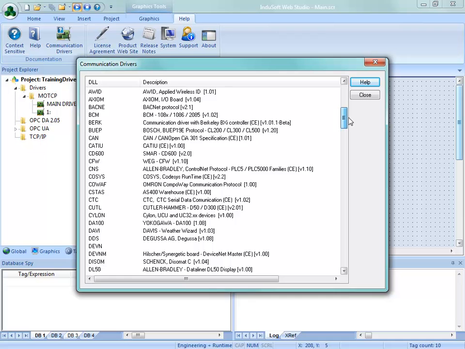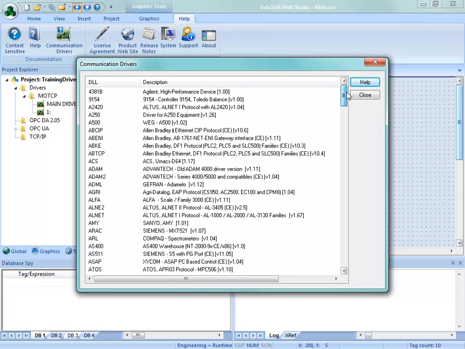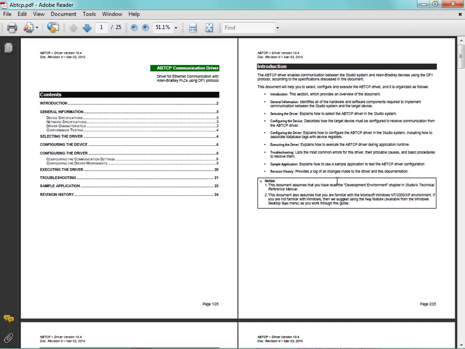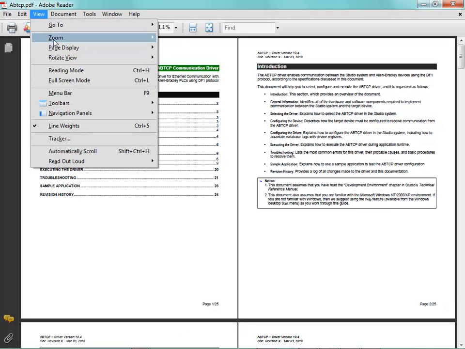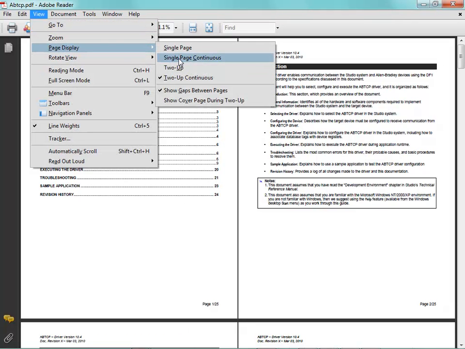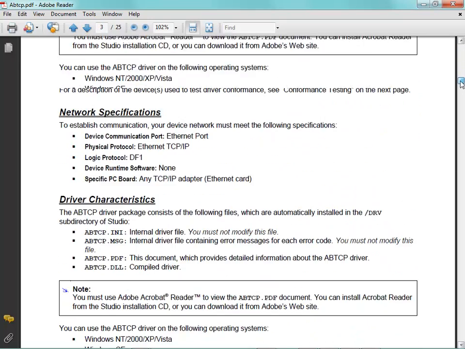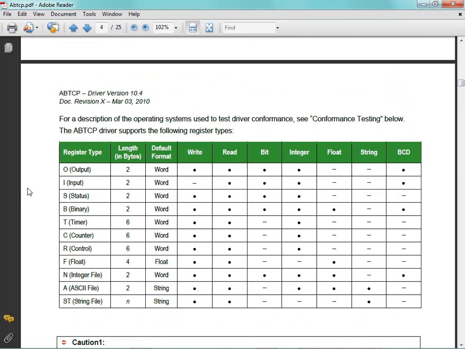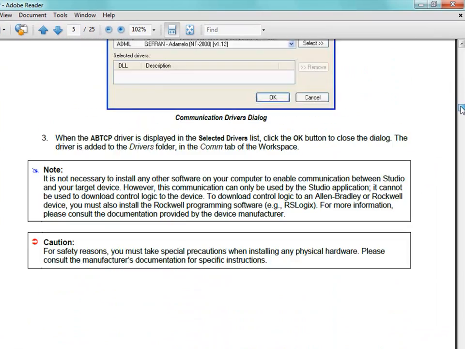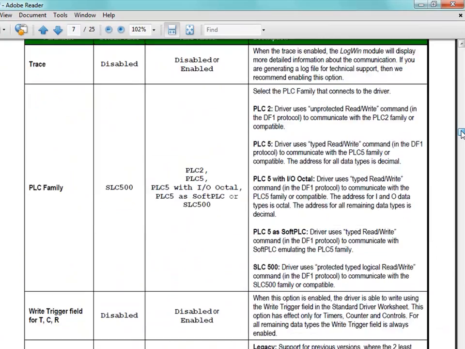So for example, we can also get to, let's say, Allen Bradley CIP or Allen Bradley TCP to get to the PLC5 family. So let's take a quick look at that one, because this is pretty common. Let me change the view on this. Display somewhat continuous, and we'll scroll down. You can see the different register types that we can get at there, different file types,